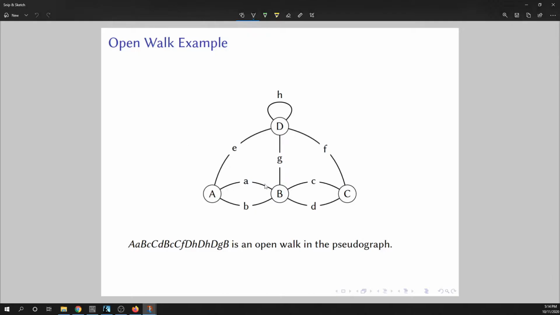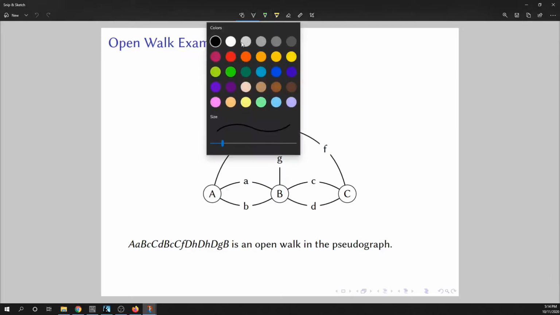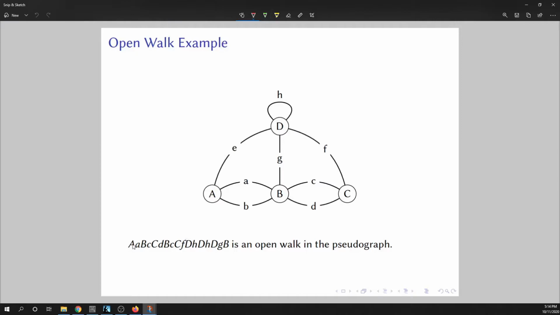All right, so here I have an open walk example, and so let's take a look at that. We start with A, and then we go to B through the edge A, and then from B to C we use the edge C, and then we go from C back to B via the edge D, from B to C using the edge C, so there we used edge C again,